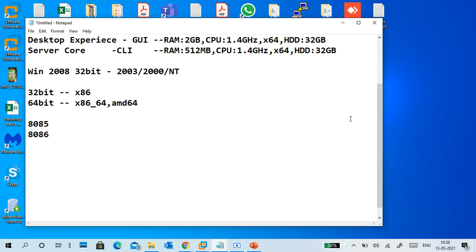Finally, there is the 16-bit processor, 8085 and 8086. Both are 16-bit processors only, but they found a pipelining technique in the 8086: non-accumulator calculations. It doesn't depend upon the accumulator.